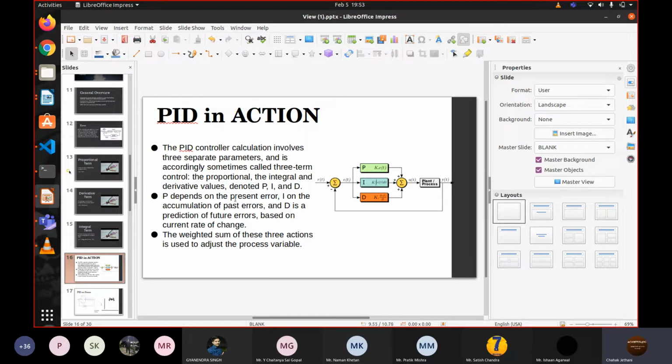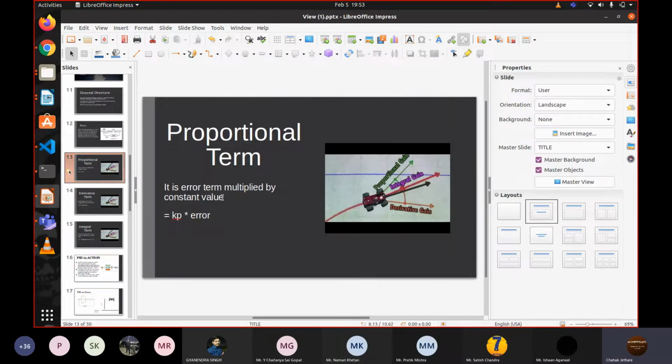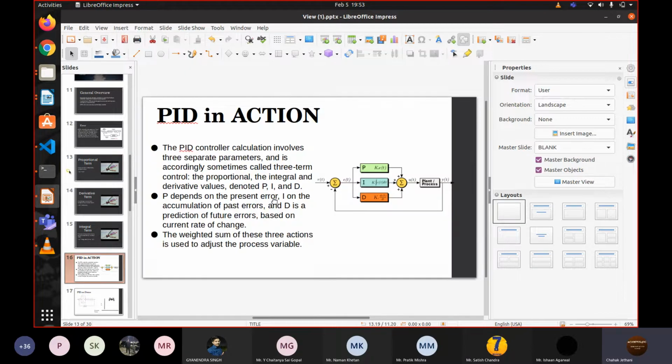प्रोपोर्शनल टर्म प्रेजेंट एरर के ऊपर होता है, ठीक है। प्रेजेंट एरर को कांस्टेंट से मल्टीप्लाई करते हैं, ठीक है। और इंटीग्रल, डेरिवेटिव टर्म प्रिडिक्शन ऑफ फ्यूचर एरर्स बेसिकली होता है, ठीक है। प्रेजेंट टर्म पे हम लोग कोई भी वेरिएबल असाइन कर सकते हैं, मतलब कोई भी कांस्टेंट असाइन कर सकते हैं। अच्छा,